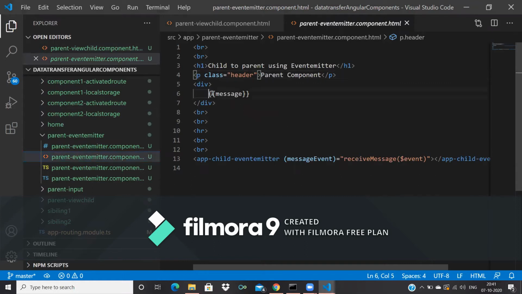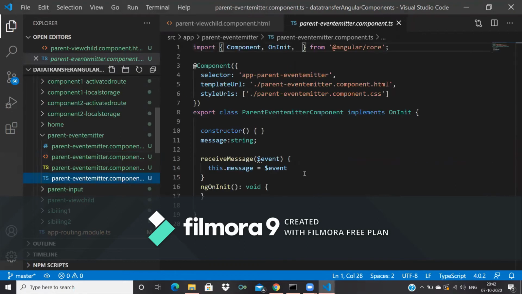I'm binding the message here, and I'm calling the child here using the selector, and I'm using a method receive message. This is a function, and what I am doing here in the TS file is $event. This message will come from child.